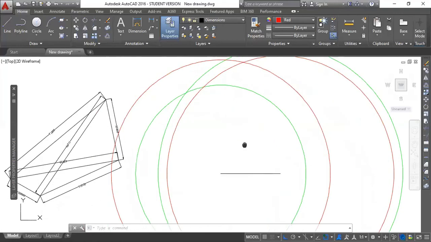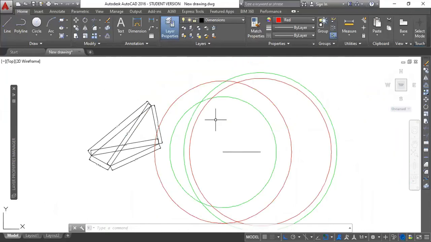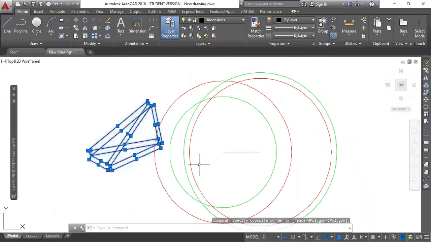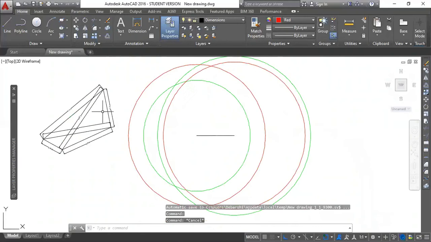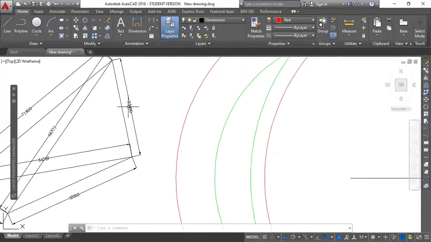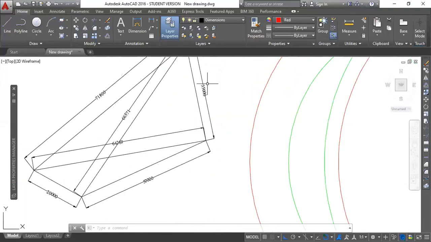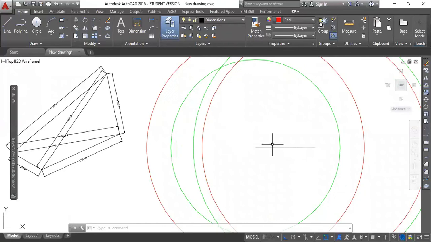Okay, so now what I'm going to do, as you can see here, yes, hello, sir, can you please repeat which part, green part? See, this is what I first drew. You can start with any side. Okay, you have got this information, a list of dimensions. You have your 4 sides. It'll tell you that the 4 sides are the following: 35 meter, 50 meter, 20 meter, 71.8 meter, and the 2 diagonals are the following: 66.571 meter, 64.269 meter. That's all. So randomly start with any one side.